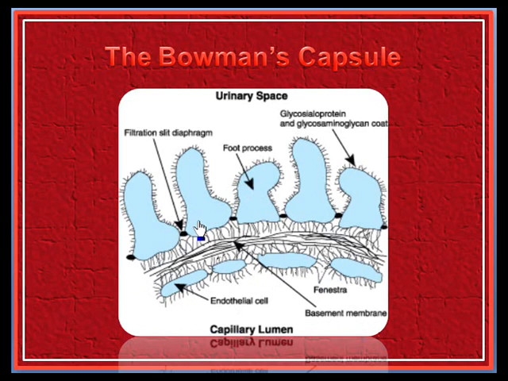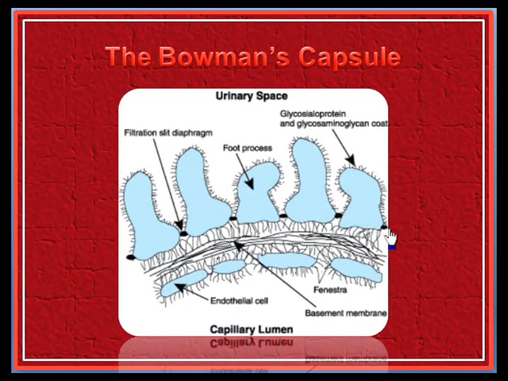Now, on the capsular side or the Bowman's capsule, Bowman's space side, we have the foot processes here, and these foot processes are lined by cilia, and these cilia contain glycosaminoglycan coat and the glycosialoprotein. And the filtration occurs through the slit diaphragms which are present between the foot processes on the capsular side of